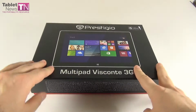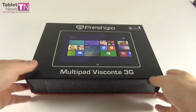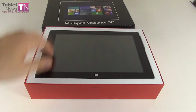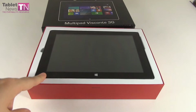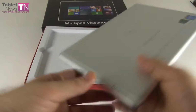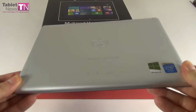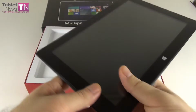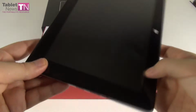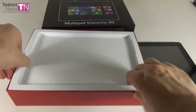This one is a 10.1 inch slate with Windows 8.1 and a pretty decent price tag of $498. So what we're dealing with here is a full Windows 8.1 tablet. Pretty big device. It wants to be a laptop replacement, especially if you attach a keyboard. As I said, the price is $498. Prestigio is a brand known in quite a bunch of European countries. It's pretty famous already. And let's unbox the accessories and then we'll talk about the brand, about the device a